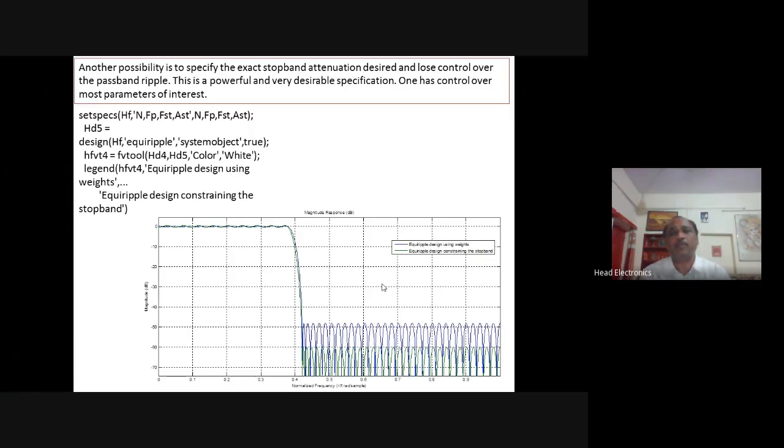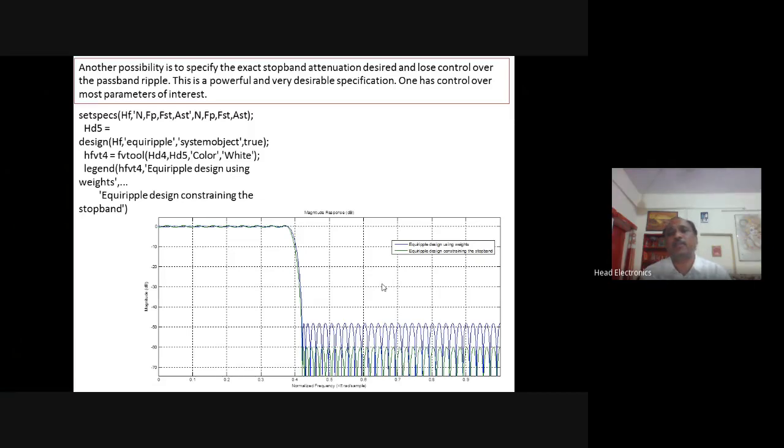So we have observed what will happen if we are trying to maintain the transition band. In order to maintain the transition band, we can either get the same performance by decreasing the order at the cost of the loss in the ripples in the pass band and the ripples in the stop band, or we can get this performance by increasing the transition band here.